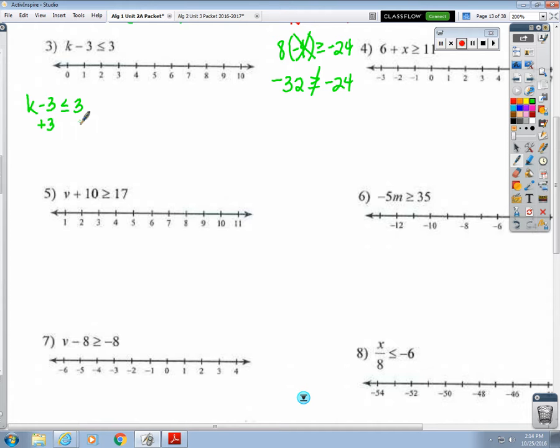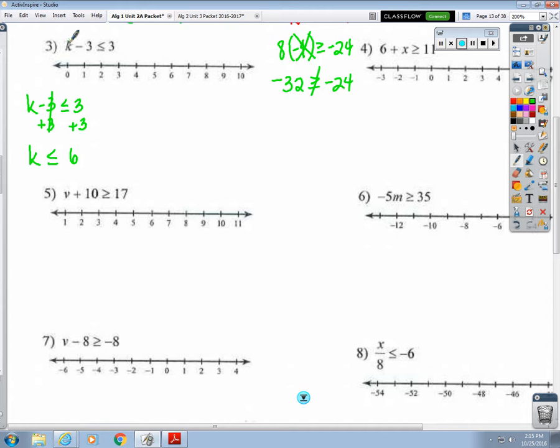Add 3 on both sides. Okay, on this side, -3 plus 3 is 0. Well, is there any need for me to write K plus 0? No, so I can just mark it out and not write anything. But on this side, 3 plus 3 is 6. So that's our solution. Every single number that's less than or equal to 6, so like 6 and below, are